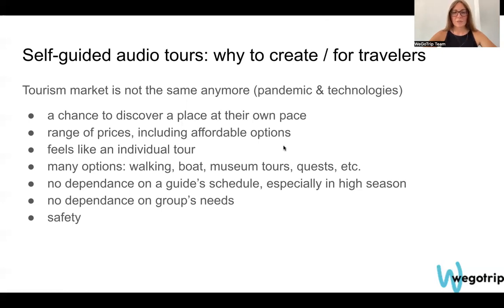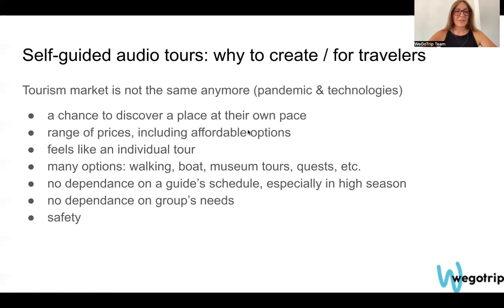So self-guided audio tours provided inside an app have become something very usual and standard. And the pandemic that occurred not so long ago also changed the way we travel and interact with people, and whether we want to gather in groups, or maybe don't want to.